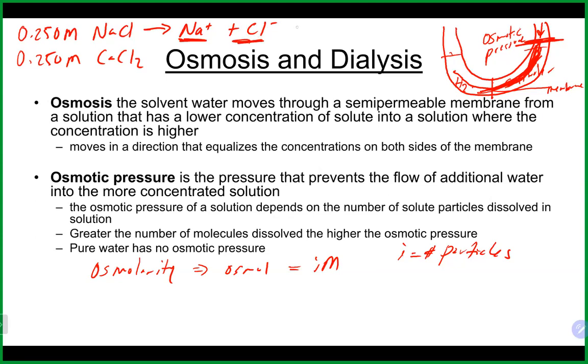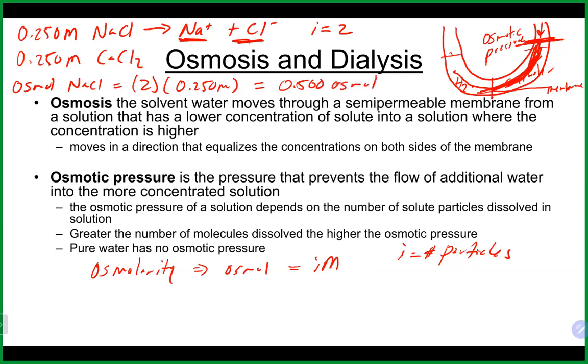You get 2 ions, right? A sodium and a chloride. That means that is what the i value would equal in this case. The i is the number of particles you would get. So if we were to calculate the osmolarity here for the sodium chloride, we would take 2 times our 0.25 molar,